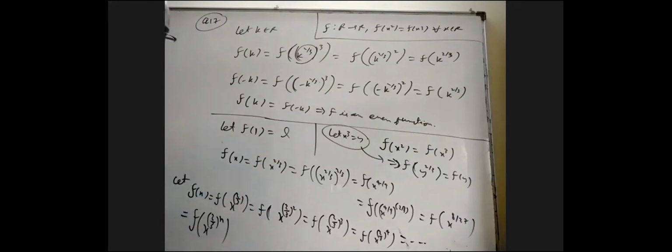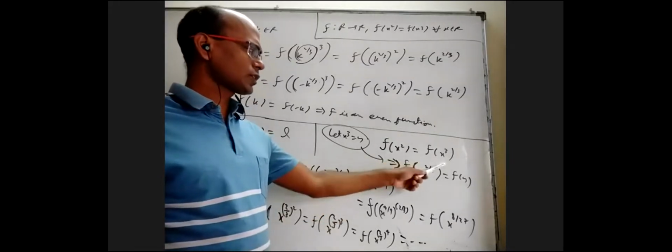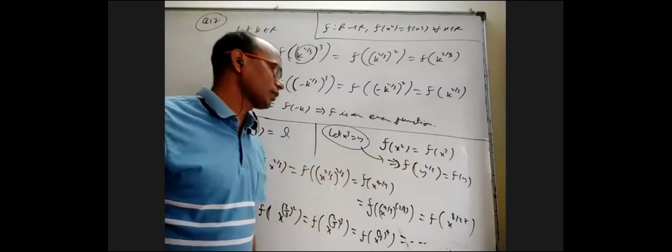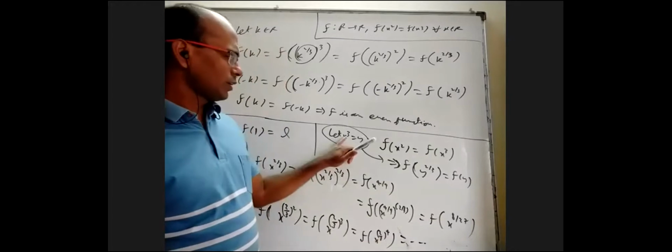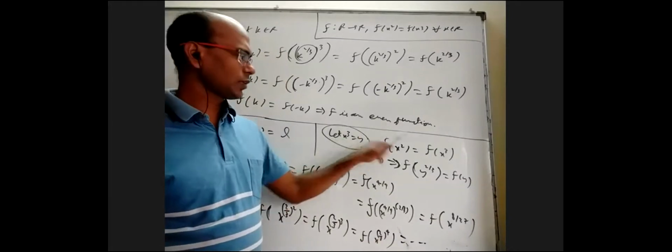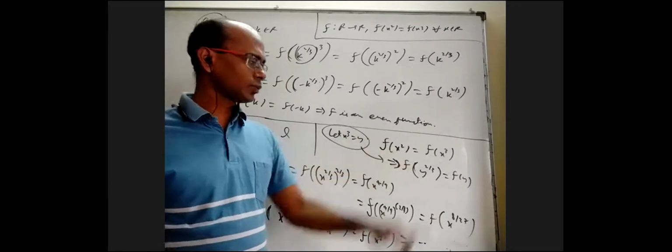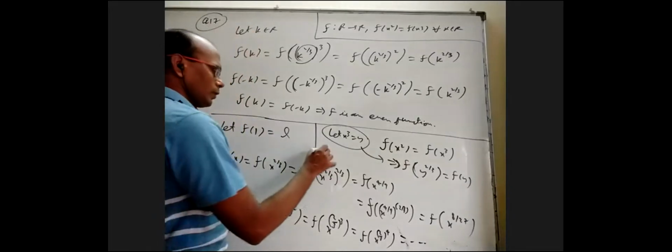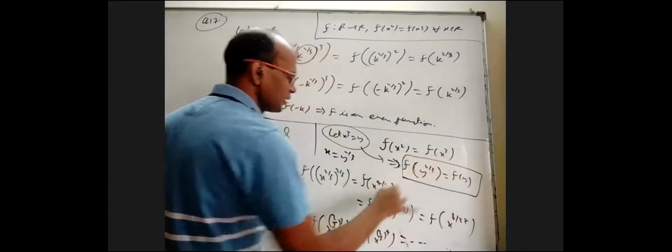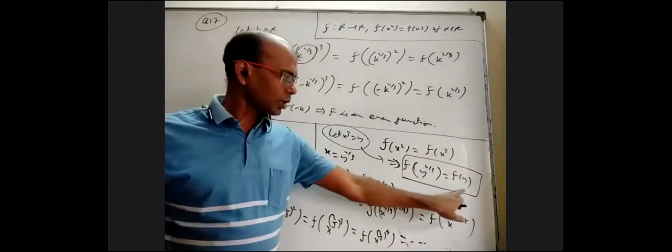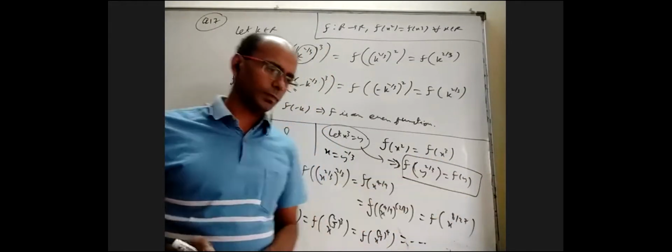Without even going further, I can tell f is an even function. Now, here x square is there, x cube is there. I want for x a formula kind of thing at least. So I take x cube as y. And what is x now? Y power 1 by 3. And that y power 1 by 3, if I put it here, will become y power 2 by 3. So I'm going to use this. Basically, f of any number you want and that number power 2 by 3 have the same values.